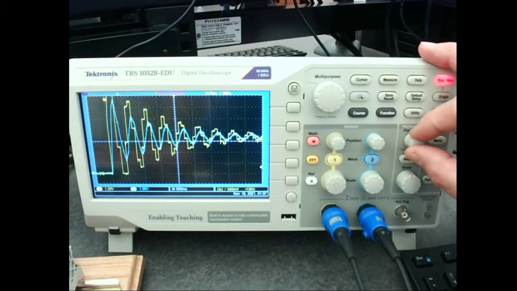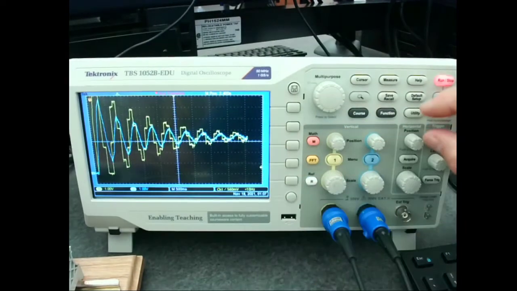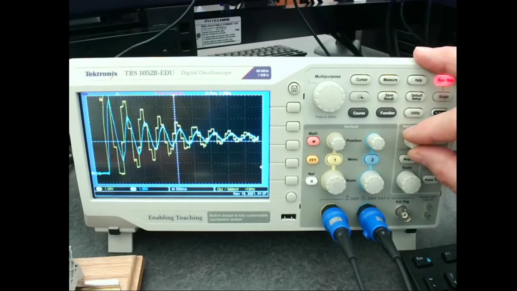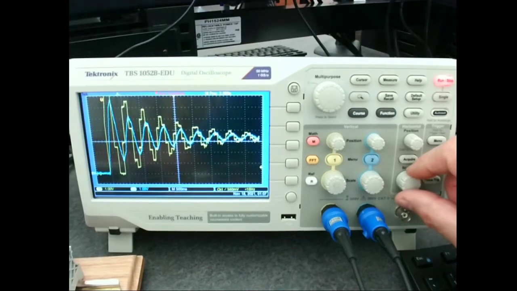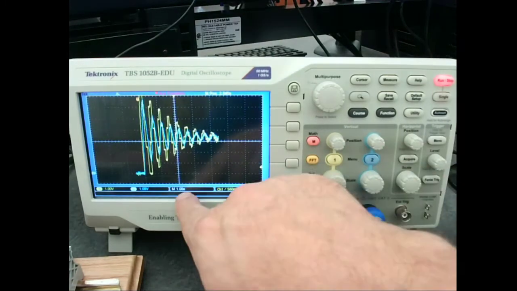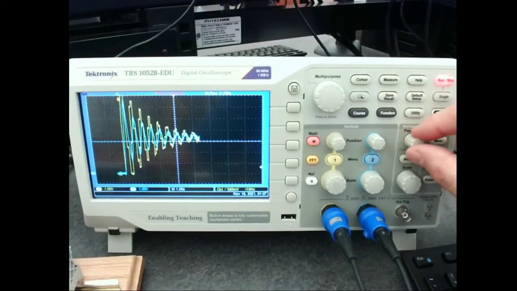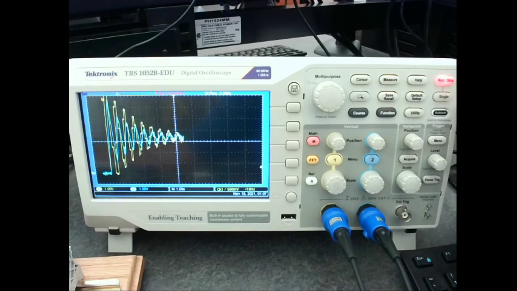So if I adjust my horizontal position, you see I ran out of data and it hasn't straightened out yet. If you want to see it totally settle down, I'm going to have to change my horizontal time. So I'm going to change this down to 1 second, and you see how it kind of scrunched it together. Now I've got to shift my trigger all the way back over here near the left, and then I'm going to press single again,